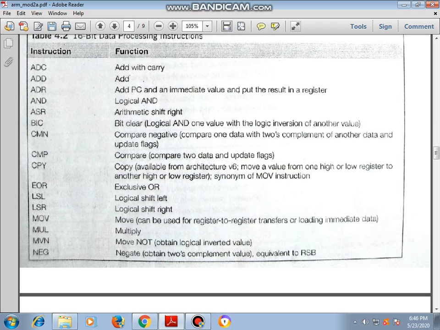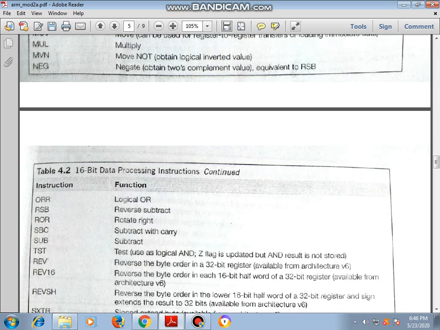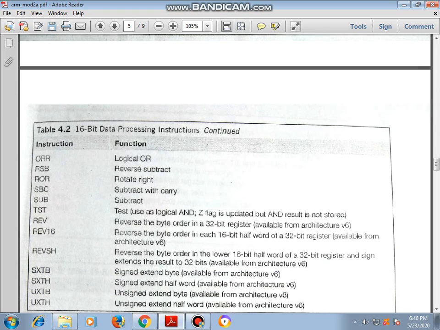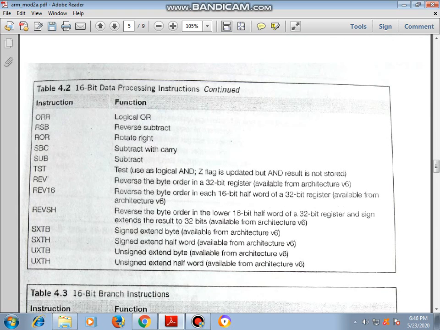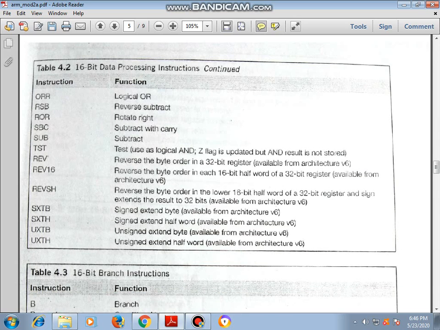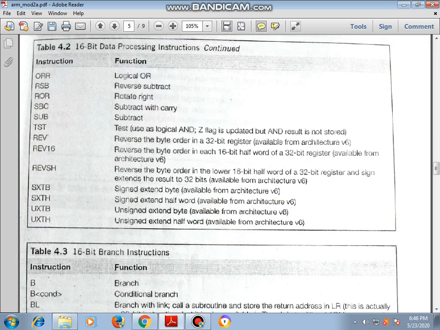Next you have the move instruction, multiply, and move not, which means obtain logically inverted values. Next is the negative instruction NEG. ORR means logical OR, then reverse subtract, rotate right, subtract with carry, subtract, test, and reverse byte, which reverses the byte order in the lower 16-bit half word of a 32-bit register.